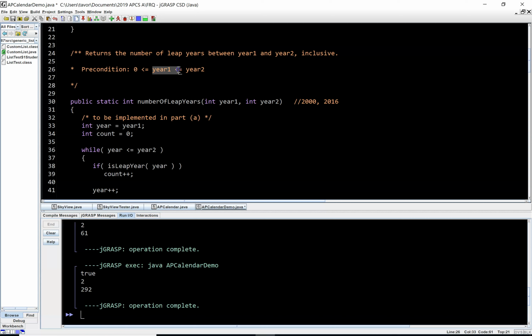Another thing in the precondition is that year 1 is always going to be a number less than year 2. So this number is always going to be less than that number. So 2000 is going to be less than 2016. Again, why is that important? Well, because this condition is assuming that when I initialize year to year 1, that number is always going to be less than year 2. And if it's not, we're never going to engage this loop. If the numbers were reversed, we would never enter the loop. But the precondition says always